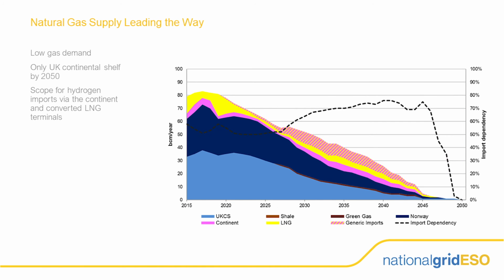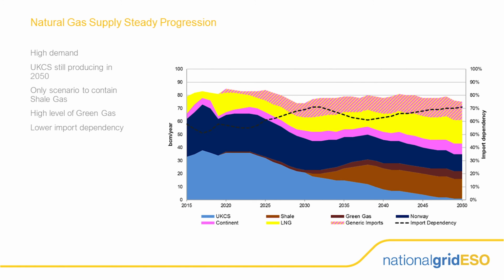Leading the way has an extremely low gas demand with about 2 TWh left in the year 2050. Reduction in demand slows after 2045, and this is because in this scenario, at this point, virtually all of the energy industry is decarbonised, and there's only some difficult to decarbonise areas left to meet after that. I said before in the assumptions that we've presumed that gas from the UK continental shelf can operate at low demand levels, as the import infrastructure for natural gas in the UK turns to hydrogen. The result is a 0% import reliance in the year 2050 for natural gas. However, there are imports from the year 2040 for hydrogen.